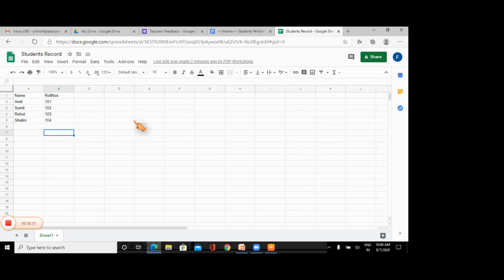Then you have to click this Google Sheet. You just have to install one add-on named AutoCrat. After installing it, you will see this option AutoCrat available in the menu. So you just have to click AutoCrat. You will see launch. Click launch.